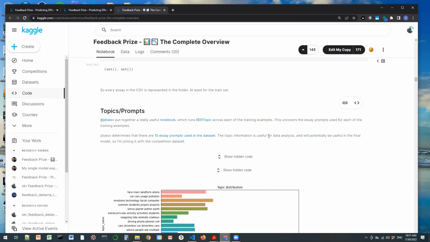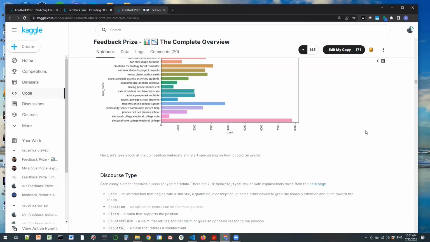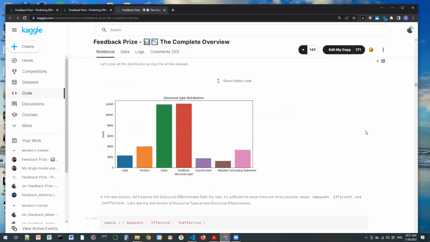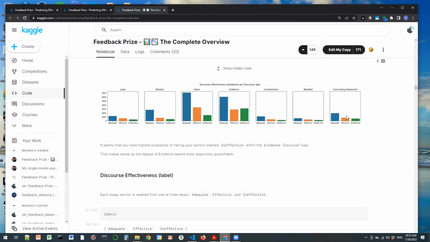And as you can see, the author of this notebook says that he's joining it with the competition data set. And then this is all distribution, EDA type stuff. This is somewhat interesting that the author has provided: it's discourse type, but within each discourse type, what's the distribution of the argument's effectiveness? So you can see the distribution of the effectiveness for each of these types,